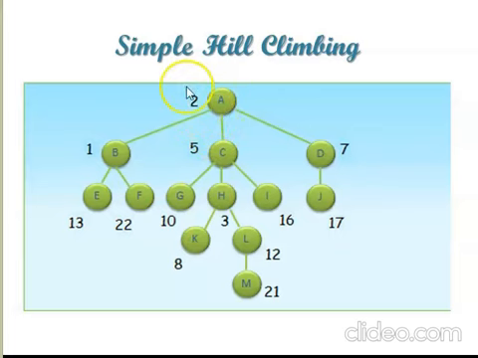So as per this tree, we will be moving from 2 to 5 then to 10. Is it clear? So this will be ignored because this is a lower value. This will not be taken into account because we have got a better value through this path. The same case will be repeated in all the nodes where we are applying the operators available at that node. So this is the simple hill climbing algorithm.